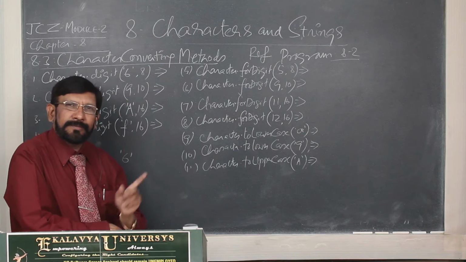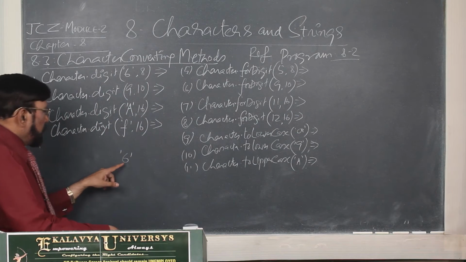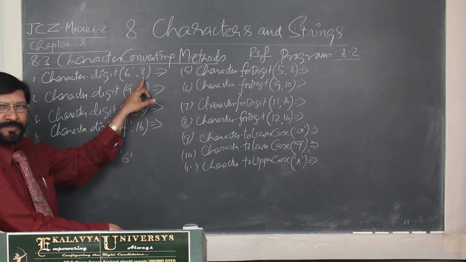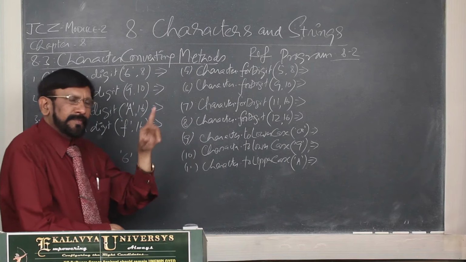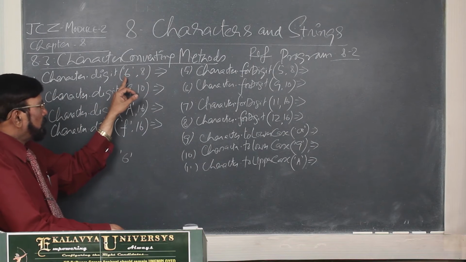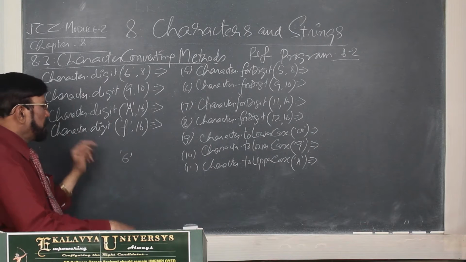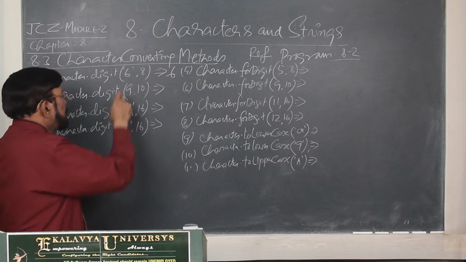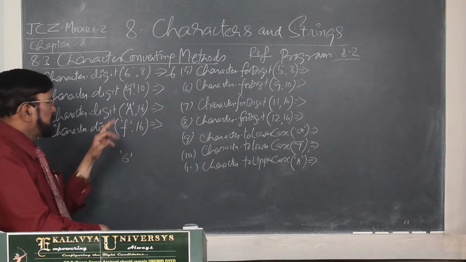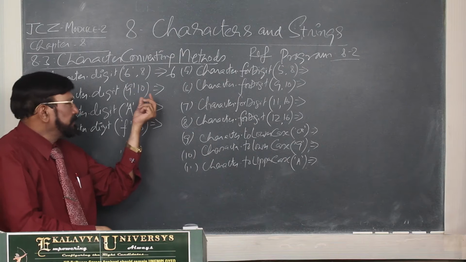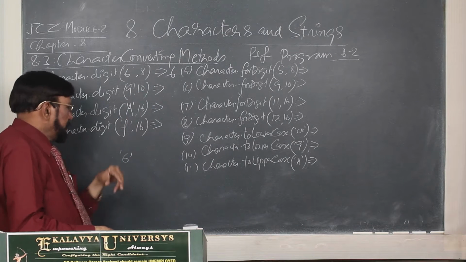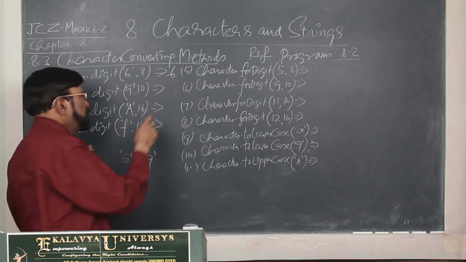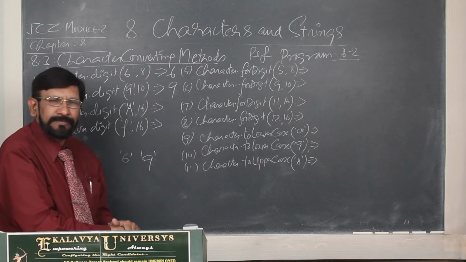8 represents octal. In the octal system, what is the value of character 6? That is the meaning. Obviously you know that it is 6. Here also the radix is required as part of the syntax. Similarly, in the decimal system, what is the value of character 9? Obviously you know that it is 9.